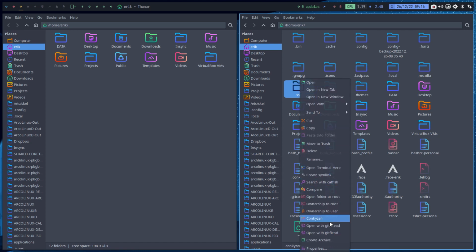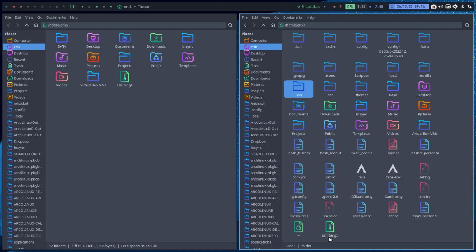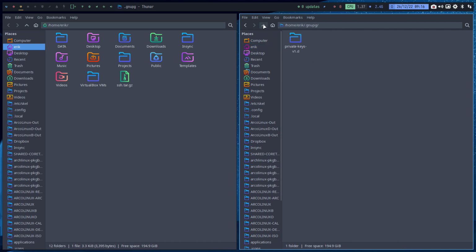So put this one somewhere safe, create archive, call it SSH, and this thing here, you put it somewhere on a USB, put it in your closet, not online. Put it inside a USB and leave it somewhere at home. The same goes with the GNU PG. If you change things in here,